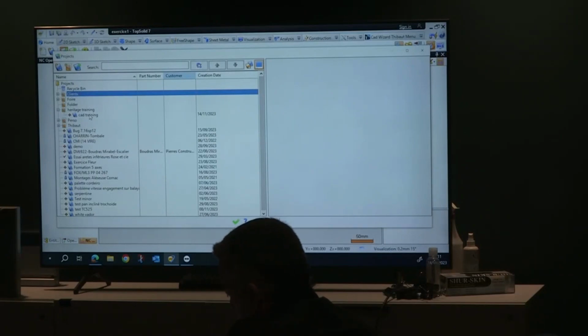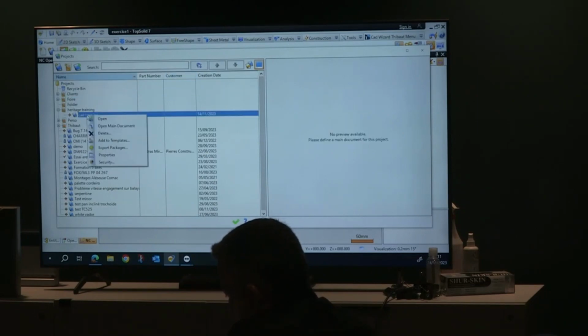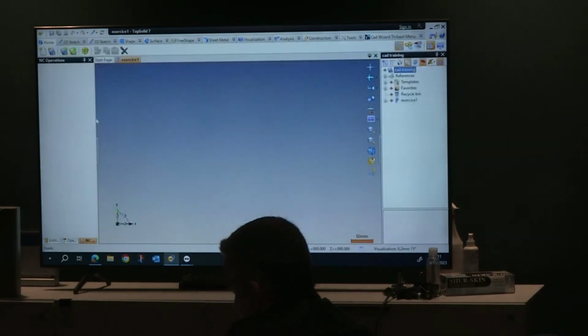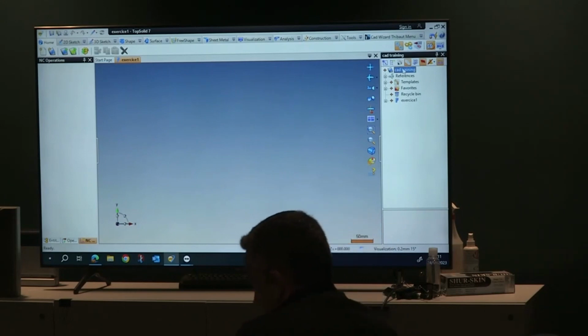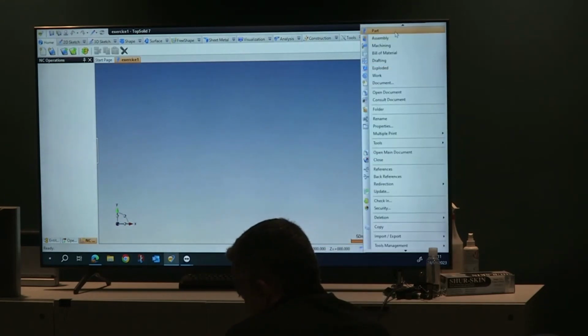So this, and then you right click on this and you say open. Okay, and now on the side here, you make a new part. And that's strange because it doesn't ask you if you want